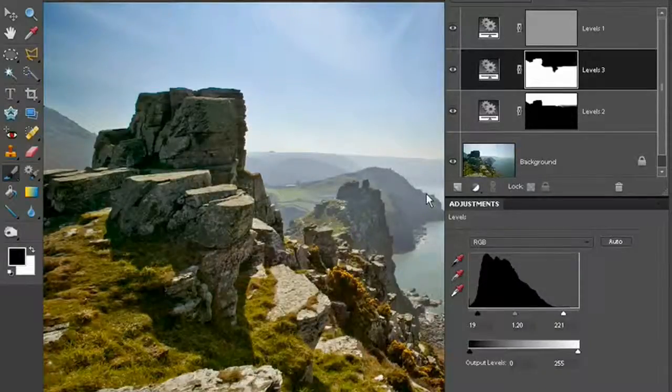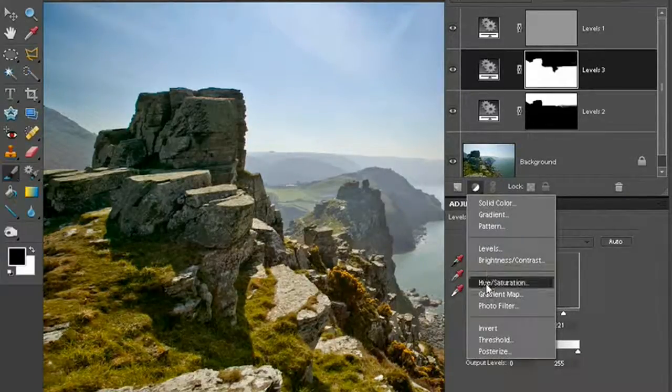Now we can also use adjustment layers to target specific colours and tweak them to bring out more texture and detail in certain areas, like the grass for example. So we could try and increase its saturation, but we can also change the hue to make the grass a little bit more greener. And to do that, let's create a new adjustment layer, but this time we're going to